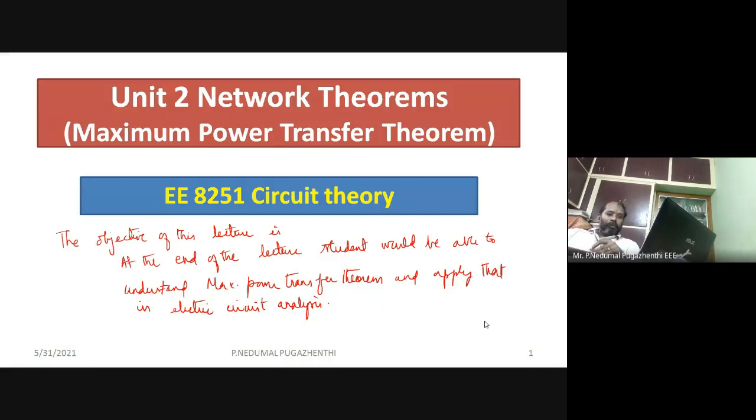So the objective of today's lecture is that at the end of the lecture, the students who have connected here would be able to understand what the maximum power transfer theorem is and how the theorem is applied to electric circuit analysis. Okay, that's the idea. So in the previous lectures, we have come across network theorems like superposition, Thevenin,